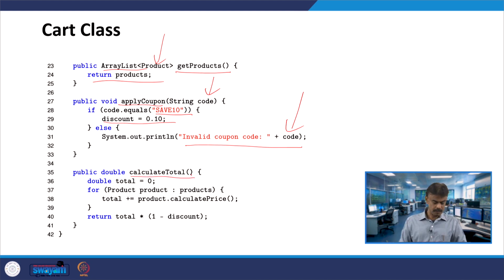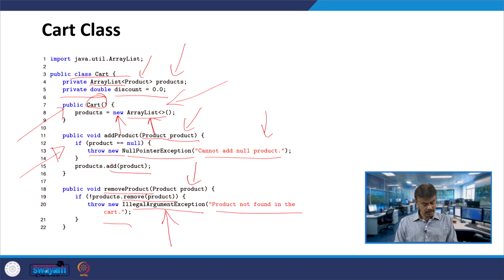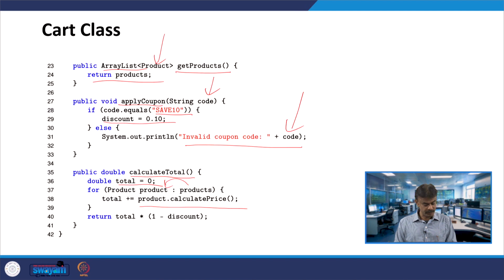And here you have the method called calculate total. Total is initialized to 0, then you have a for loop, assume that it is a range for loop, you have so many products, and all the products go into the product variable. Both the references are pointing to the same address, and total will be equal to total plus product dot calculate price. So, you are adding all the product prices, P1, P2, P3, Pn.